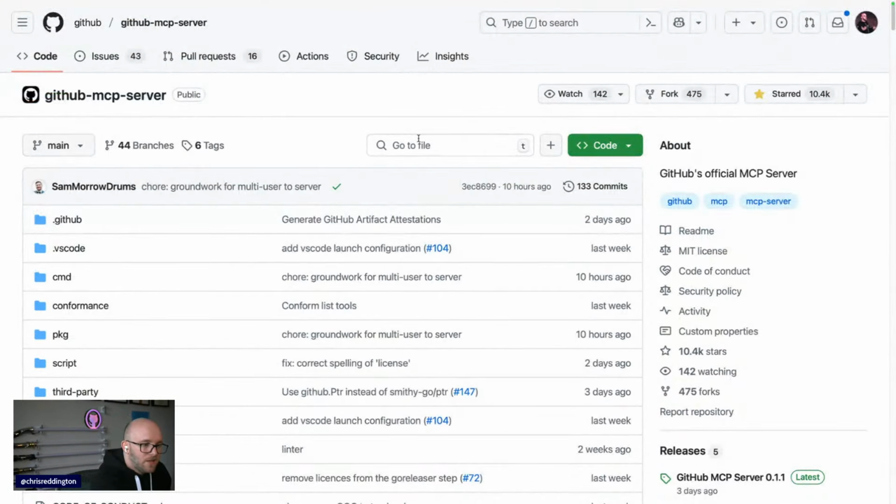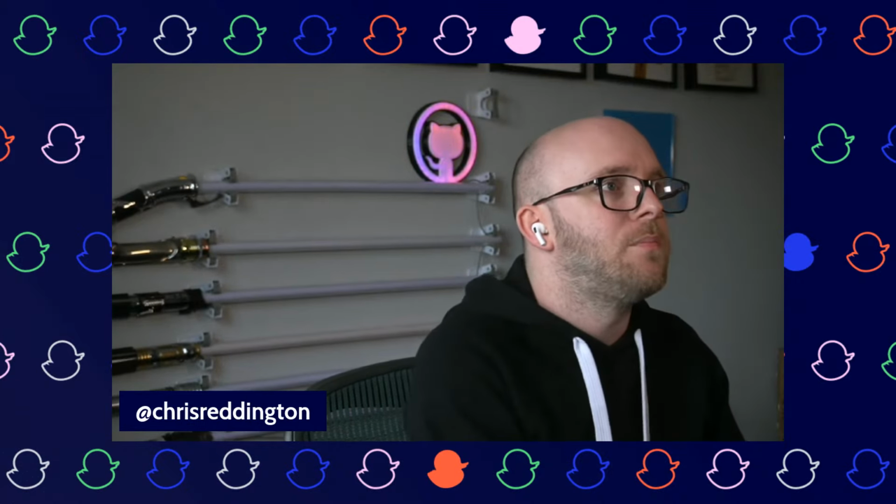So this is the GitHub MCP server repository. You can see it is public, so any of you can go and look at this. Let me just bring this off screen one second, just so I can check that I'm putting the right short URL in before I share it.